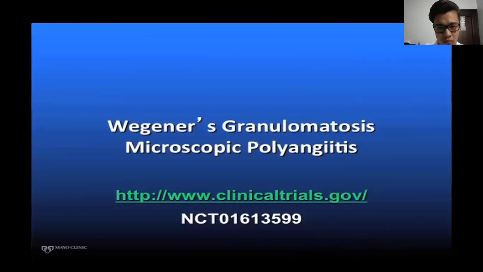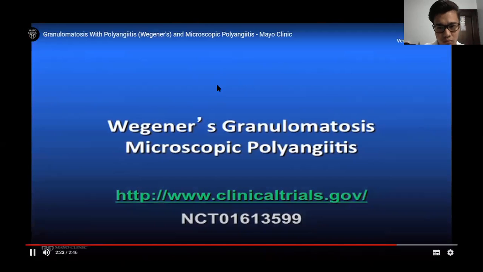Our three Mayo Clinic campuses in Arizona, Florida, and Rochester are participating in these studies, and you might be a candidate to participate in them if you have granulomatosis with polyangiitis or microscopic polyangiitis. You may review the details of this study on the internet at clinicaltrials.gov by searching ANCA and observational studies, or by typing in the identifier number, which is NCT 016